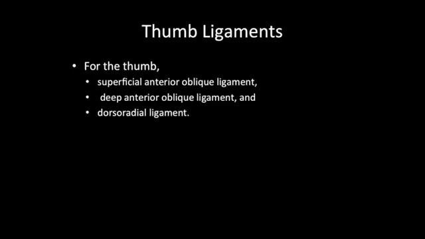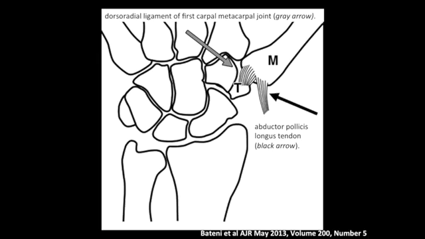Consistently within our field of view of the wrist, we will see the superficial anterior oblique ligament, the deep anterior oblique ligament, and the dorsal radial ligament. So this is the abductor pollicis longus tendon that inserts into the dorsal lateral base of that first metacarpal. If we reflect that, we should see portions of the dorsal radial ligament of the first